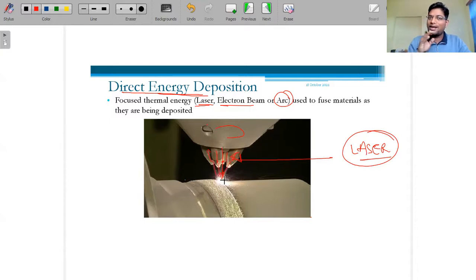So if we are depositing the powder over here, and the laser is impinging at the same time, the powder melts, meaning it will solidify. As it becomes liquid and then solidifies, wherever we want to deposit it, we can rotate it. We can deposit it by this process. But there will be a loss of powder in this case.